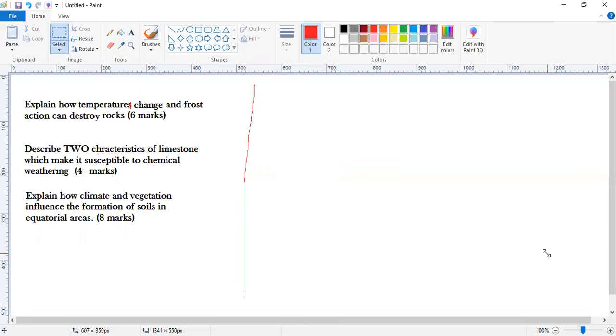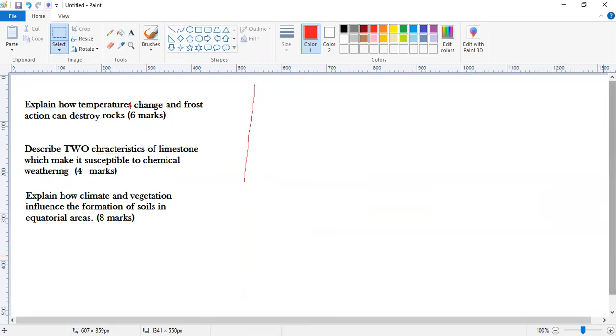If you look at it closely, notice it doesn't actually mention the actual name of the weathering process. So you have to have an idea of what the weathering process is, and try to identify it. So where it says explain how temperature change,